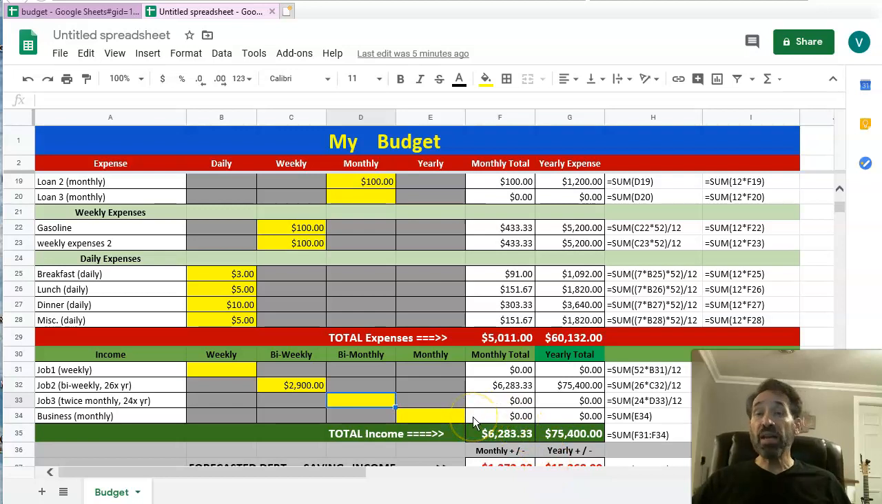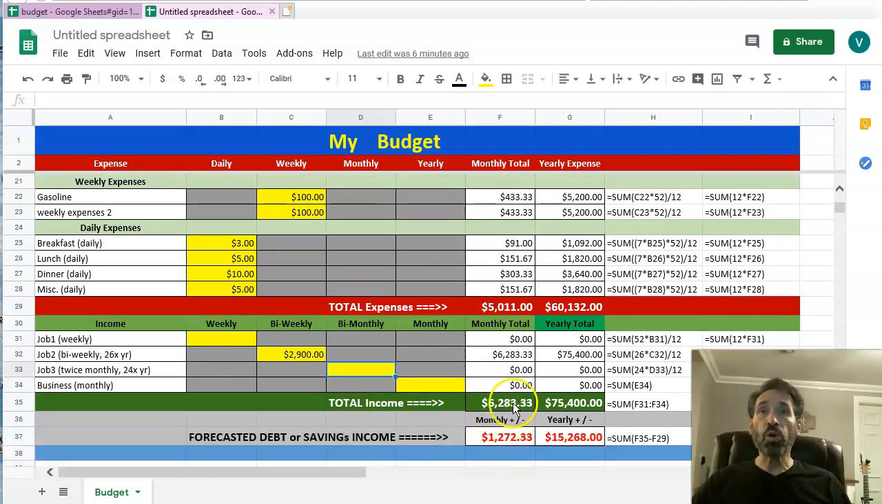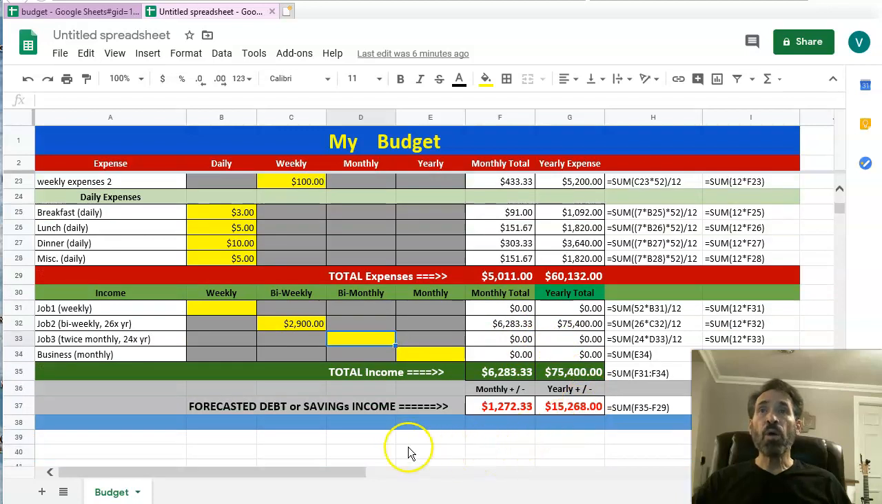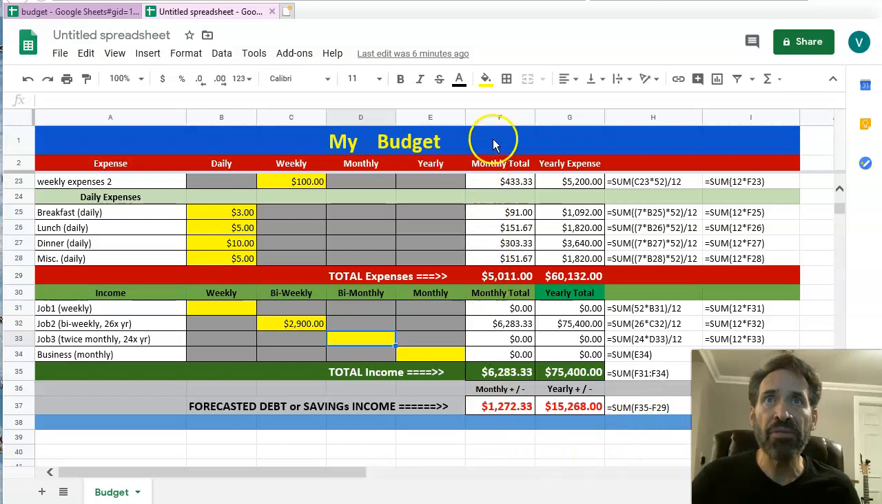And then finally, if you're running a business where you're getting some type of monthly income, you're able to put that in there. And that's going to give you your total income by month and by year. And then finally, you're going to have your forecasted debt or savings income. Let's look at that formula. That's F35 minus F29. F35 is your total income, minus F29, which is your total expense. So in this case, you happen to be doing well, and you have $1,272 a month over and above